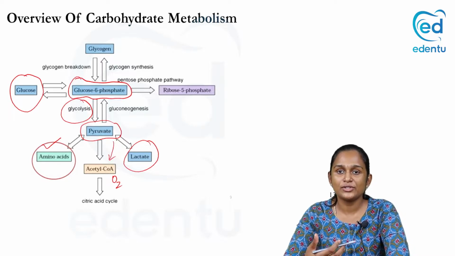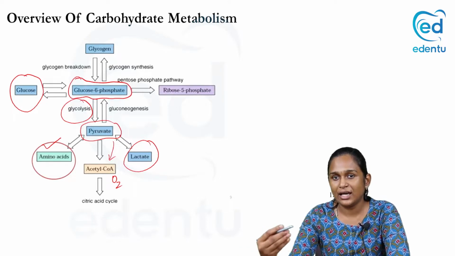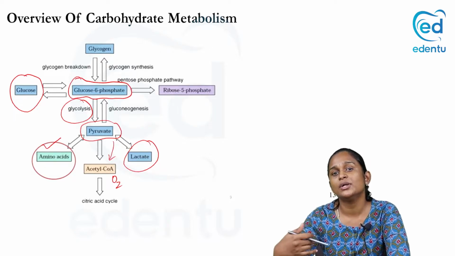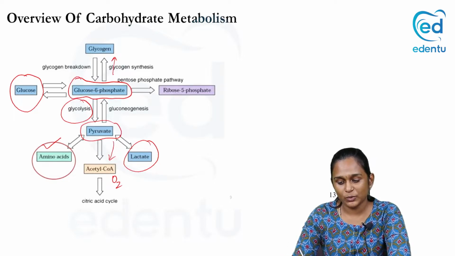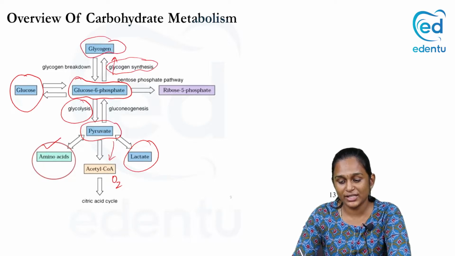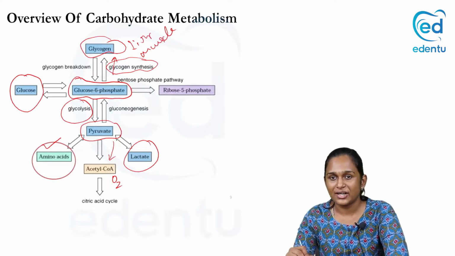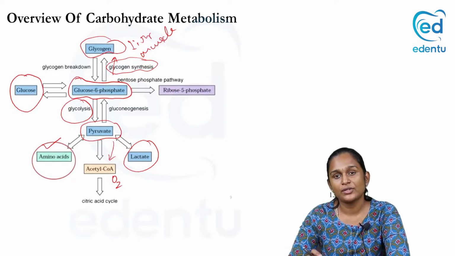Okay, so what happens to the excess of glucose which is taken up by the cell? Suppose the cell has got adequate amount of energy from this process of glycolysis, what happens to the excess amount of glucose? The excess glucose will be converted into glycogen by a process called glycogen synthesis, and it will be stored in organs like liver and muscle as glycogen. And whenever required, for example, in the fasting state and in starvation period, this glycogen will be broken down into glucose, and that glucose will be utilized by the cells for energy.